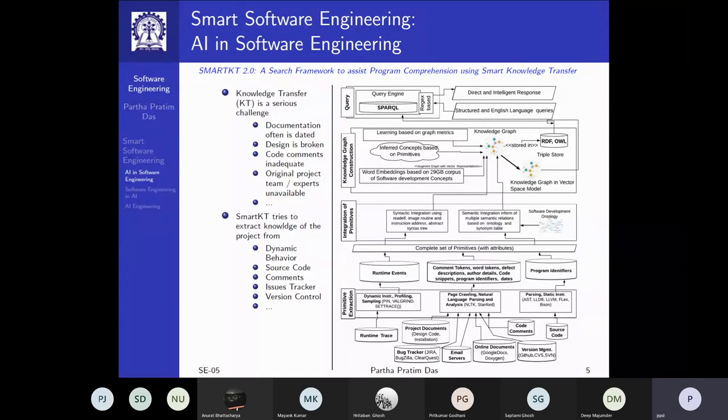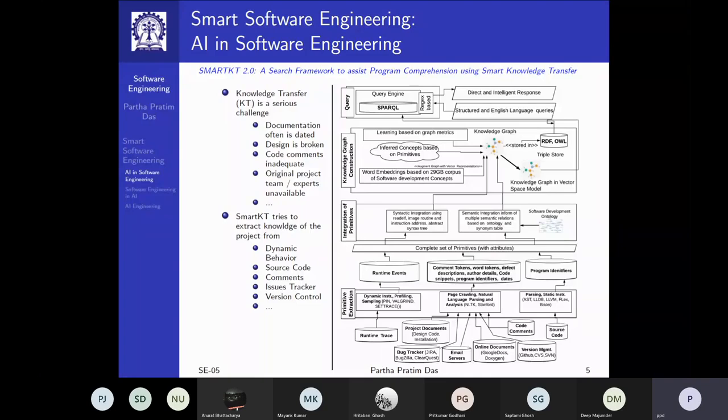That person may be an expert developer, a good software engineer, and so on, but not knowledgeable about that project. And that process of transferring the project knowledge to the new entrant is known as knowledge transfer, or KT, right? So the question is, where does that person learn from?